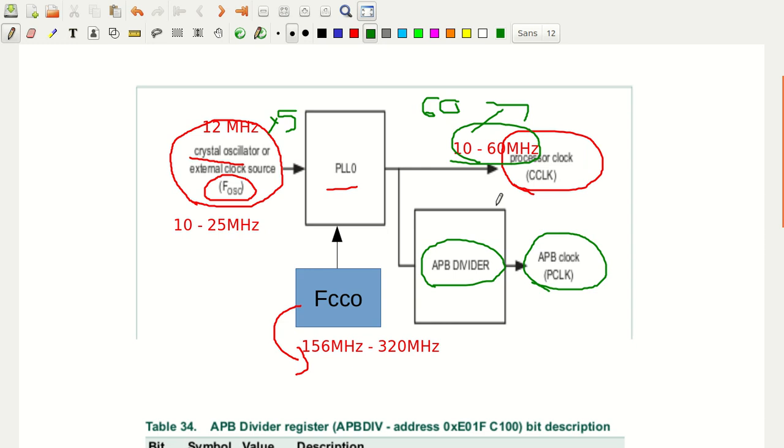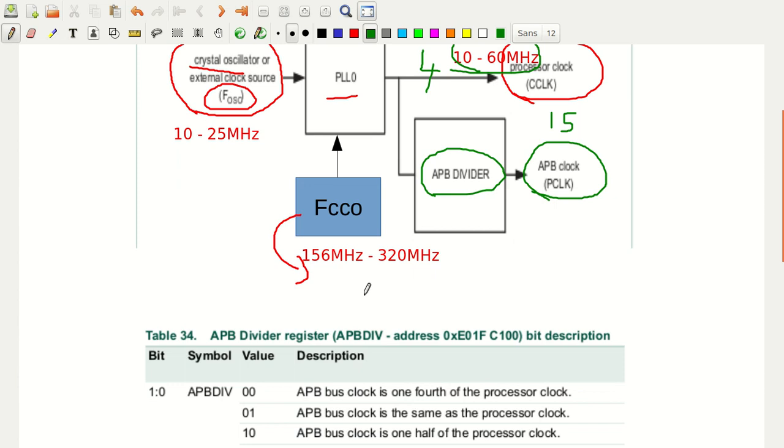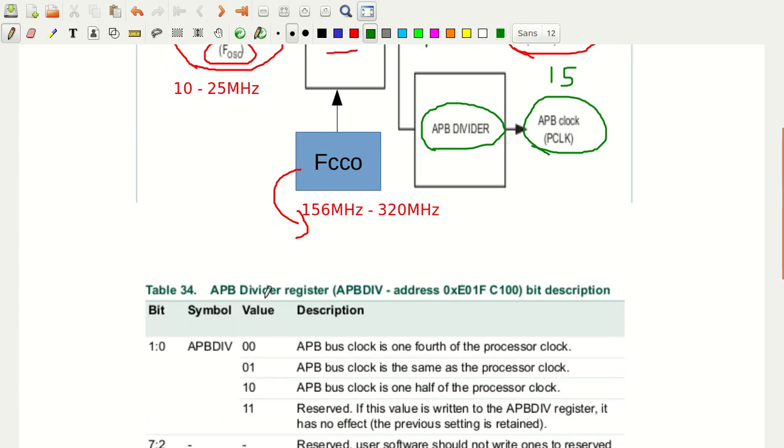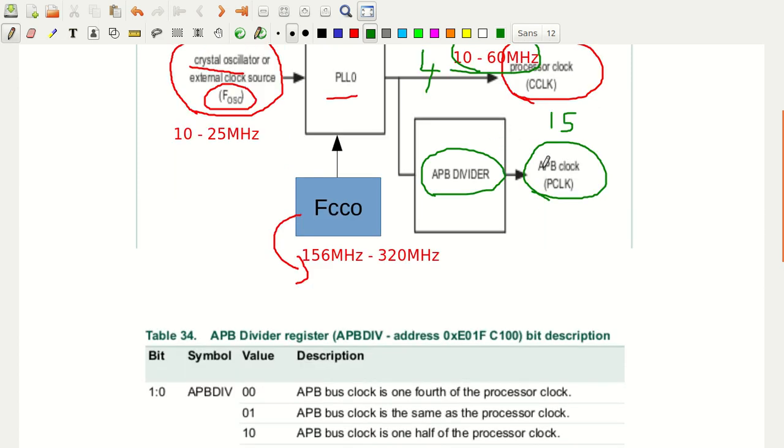This 60 megahertz is very huge for the peripheral devices. Your ADC will not operate at that huge frequency, so that has to be curtailed down. If I divide 60 by 4, that is the APB divider. If you divide by 4, then the peripheral clock, or the ARM peripheral bus clock, that you get is 15 megahertz. So for that purpose I have written the APB divider register here, but for our timer application we don't actually divide it. That is what you have to note down, we don't divide it.